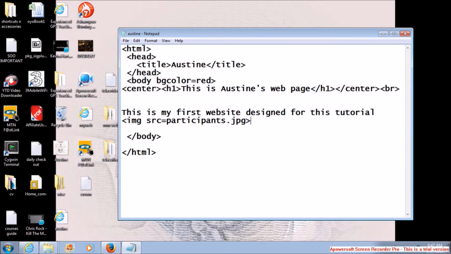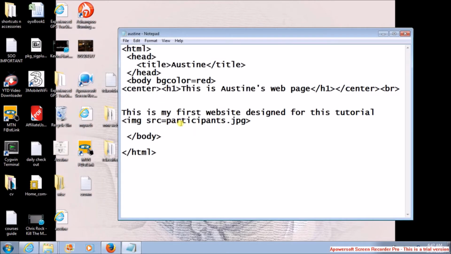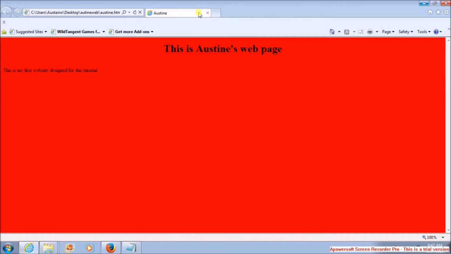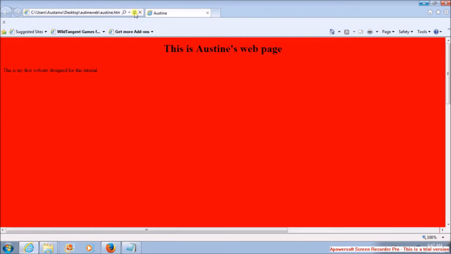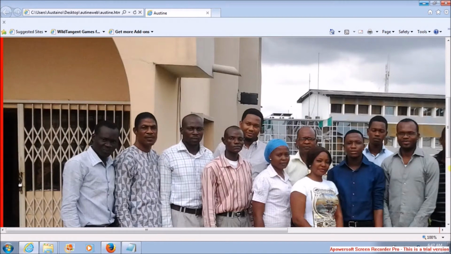So this is the name of my image. I'm going to save the changes that I just made. It's participant.jpg, because when you come here, that's the name, participant, and JPG is the type, so that's why I'm having participants.jpg. If I make these changes and save it, then go back to my website and refresh it, you see, I'm able to see the image. So this is the image